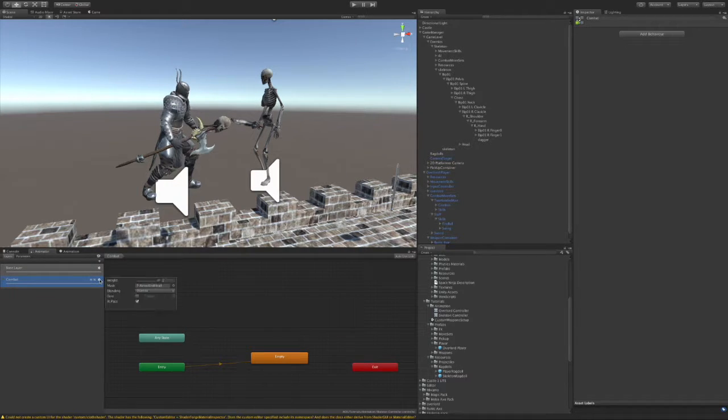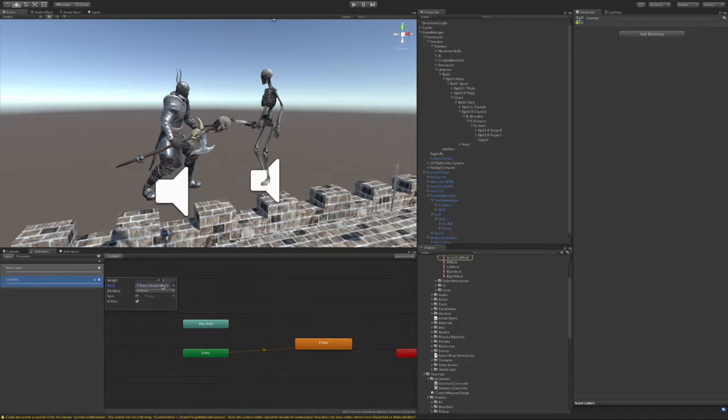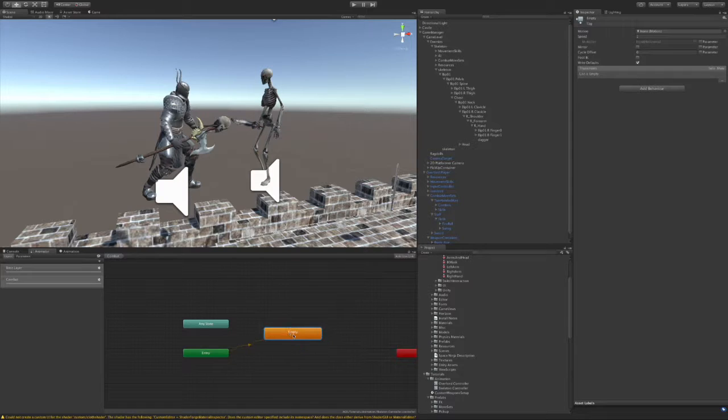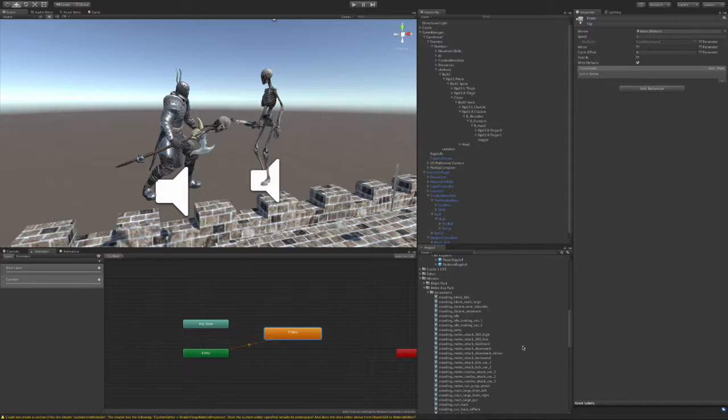And also we're not going to use a character mask or humanoid mask, and we're not using inverse kinematics. So now we simply need to add the melee animation that we want Skeleton to do, and we go back to melee axe pack, awesome free asset,